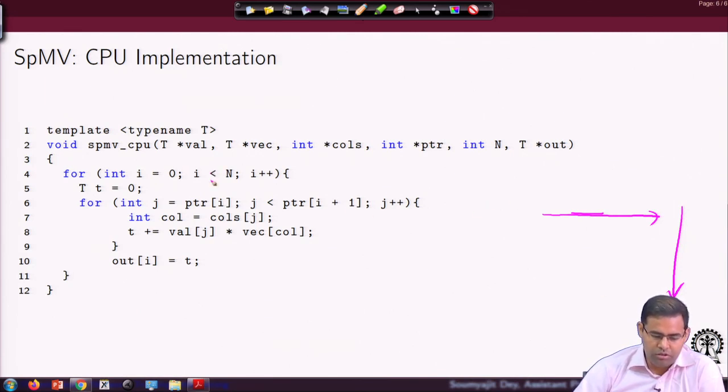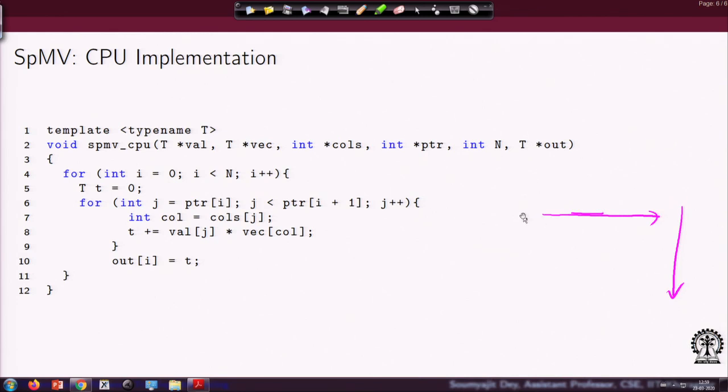So, you run this outer loop. Using this outer loop, you are scanning the PTR elements, and so for every i, essentially this outer loop is telling you which row to access. Now, for the regular matrix, for that row you have to go where?